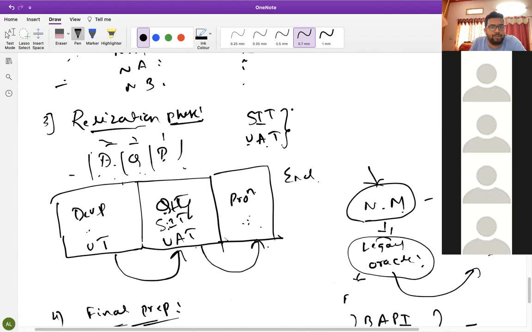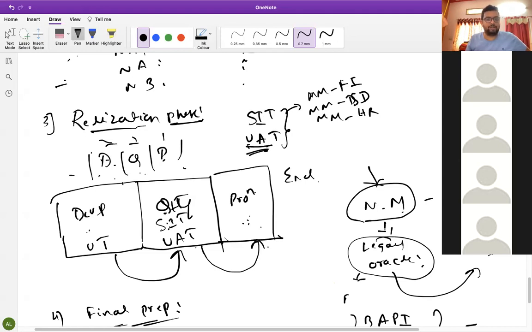SIT means system integration testing. I have implemented all the configurations, so how is it behaving with other modules? MM and FI, MM and SD integration, sales integration will be there. It's completely about integration: how it behaves with other modules. Whatever we have tested will be okay, but when you try with other modules, if you get any error, we need to note it down and solve it. That is system integration testing.